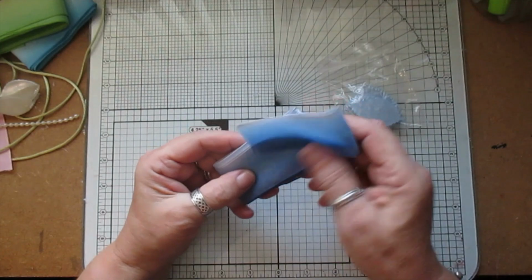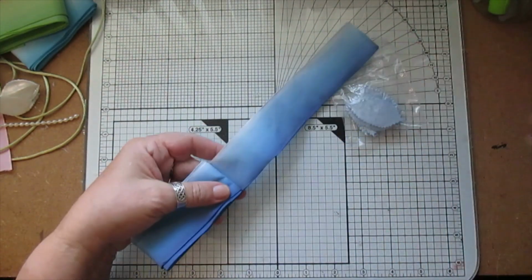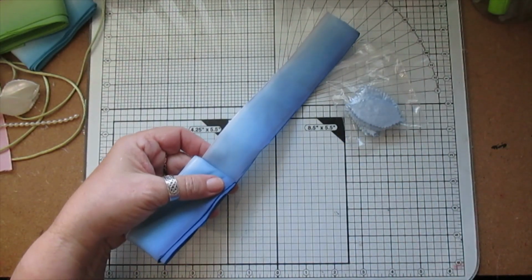Good afternoon, everyone. I'm just going to make a flower using the Ombre